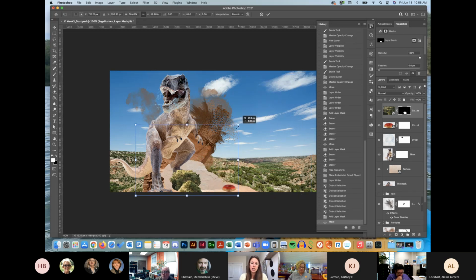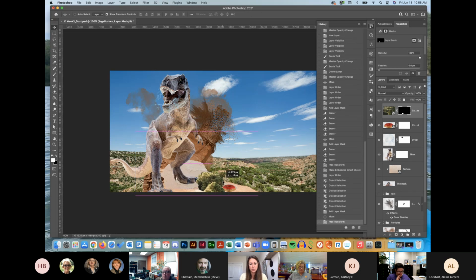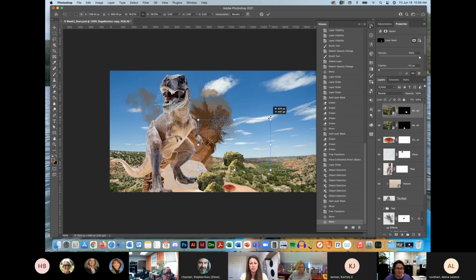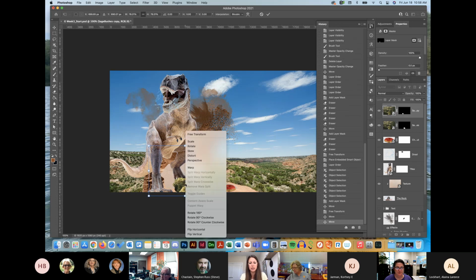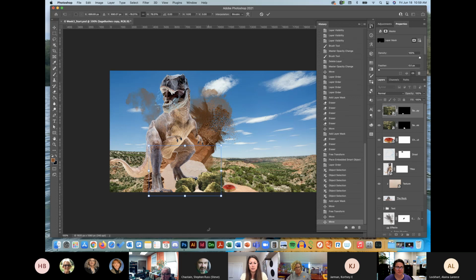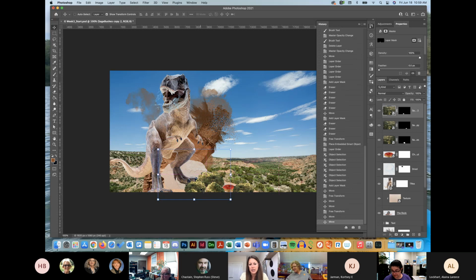So I'm going to pull this down and put it on this front rock, and I'm going to duplicate it. So I'm going to hold down Option and drag. I'm going to make that a little smaller, adding more bushes, and I'm also going to right click and flip it just so that it's not exactly the same bush everywhere, and just drag it again. So now we've got some bushes on top of the rock in front of T-Rex's foot,